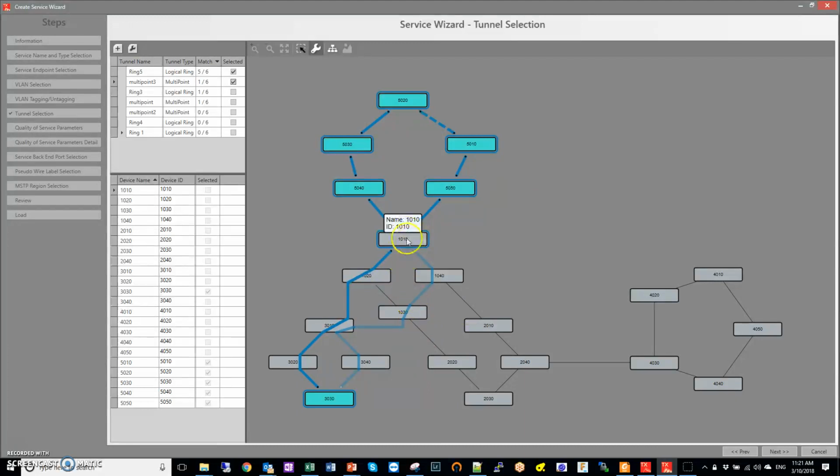And there's a VFI session here, so virtual forwarding instance, where the packets reach node 1010. They're actually going to get bridged onto the multi-point tunnel. And this is the normal path of the multi-point tunnel, and this tunnel is protected end to end. Notice that the dot is right here, the dot is right there. What does that mean? That means that this tunnel does not drop at these other sites, because this is a multi-point tunnel. If I had chosen to drop at 3 locations, let's say 10-10,